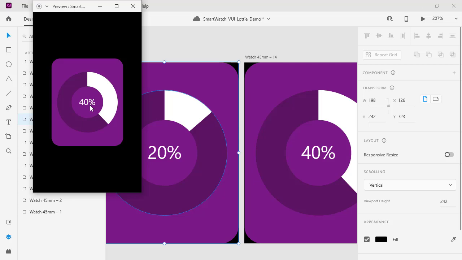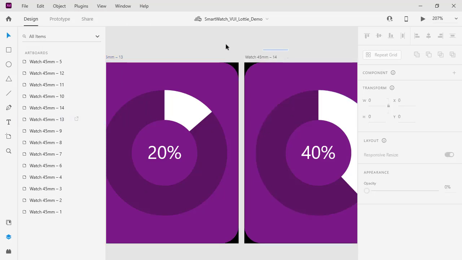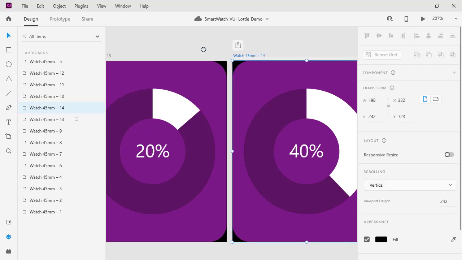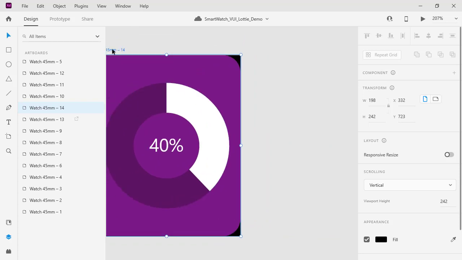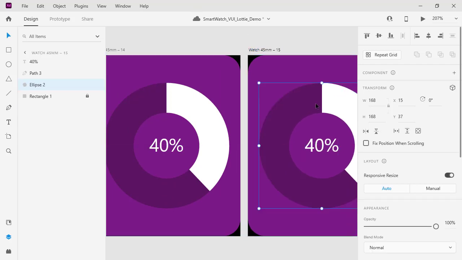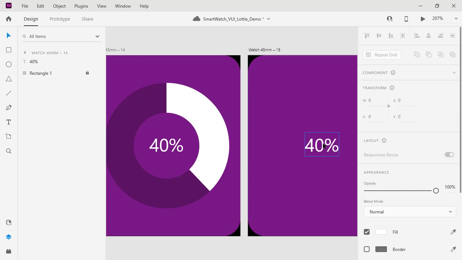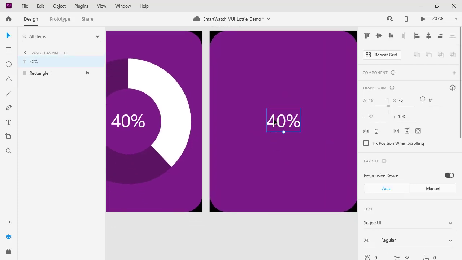If you actually want to animate the text and make it feel like the text itself is changing, that's a little bit more difficult inside of XD to animate that text change, but we could explore that. What I might do is just create a new artboard here. I'm just going to duplicate this one. And let's say you did want to explore this idea of text change. I'm just going to get rid of these other values. We could do that. And the way that we would do it is we're going to create a number of,